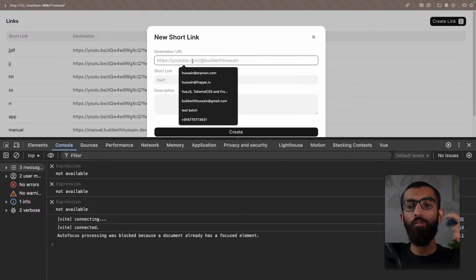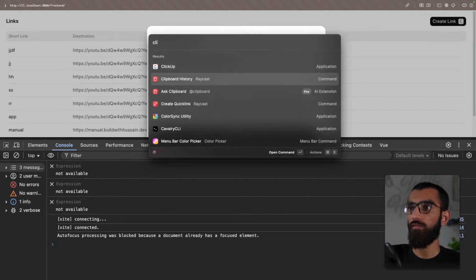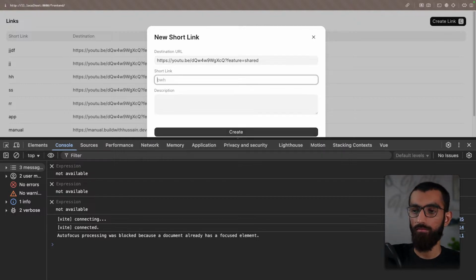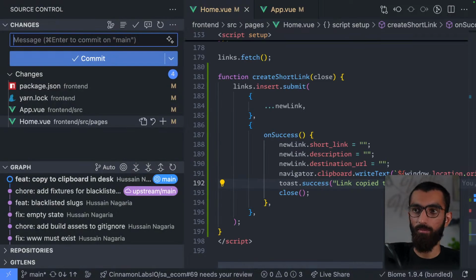And now even if we want to use it, like add a button here, right? That should be doable. Clipboard. See, link copied to clipboard. Can't see it because I am over it, but you could see half of it. Nice. And it has nice animations and everything. Awesome. So now we have